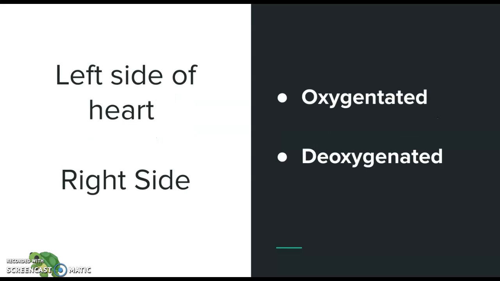All right. So important note before we dive into that is our heart is holding our blood. Half of our blood in the heart is oxygenated, the other half is deoxygenated. So the left side of my heart has oxygenated blood and the right side of my heart has deoxygenated blood. We can also say if blood is oxygenated, it's oxygen rich, or on the flip side, if it's deoxygenated blood, that means that it's carbon dioxide rich,